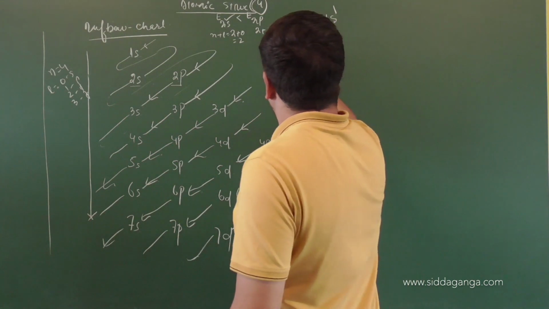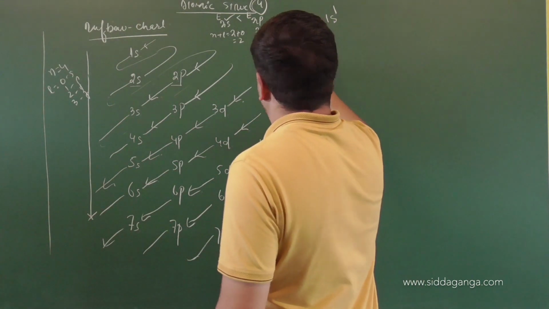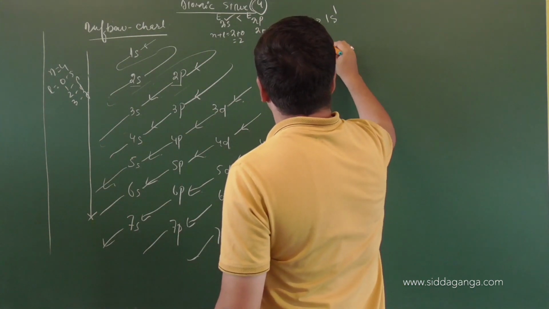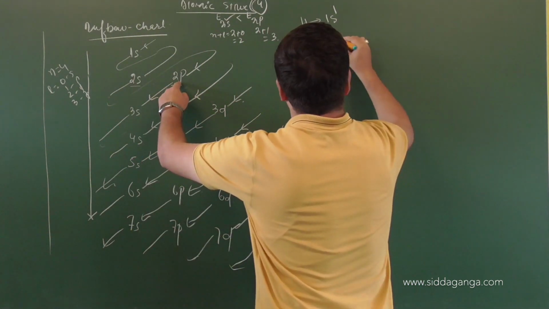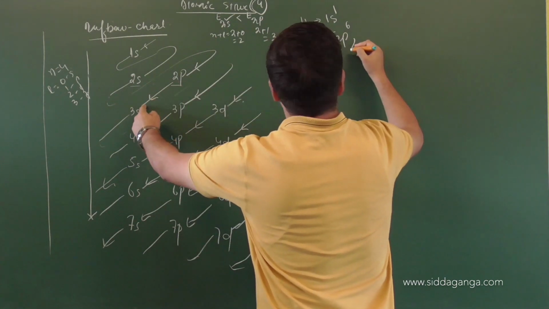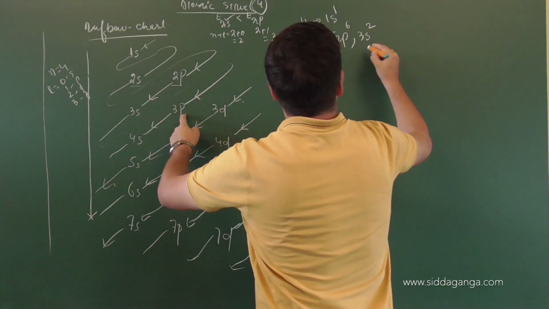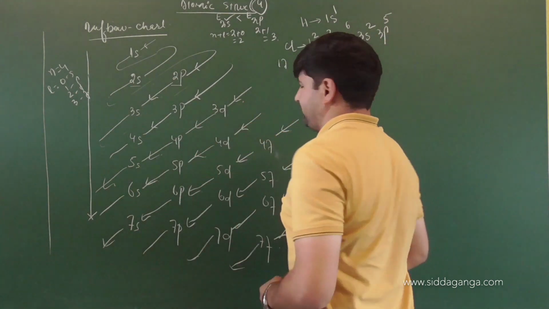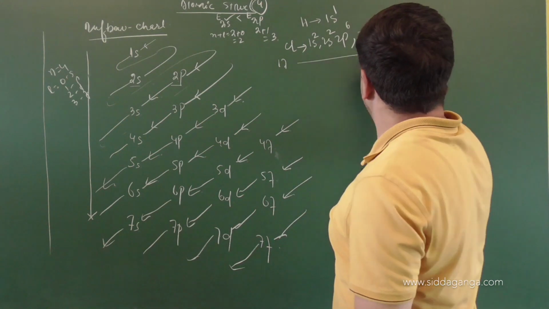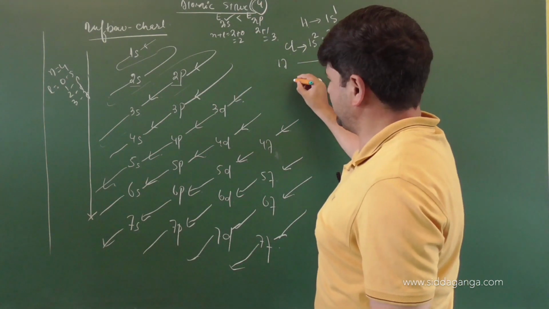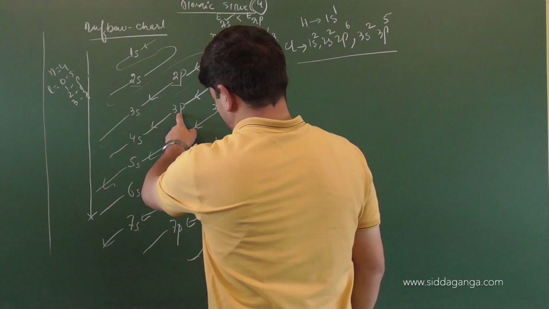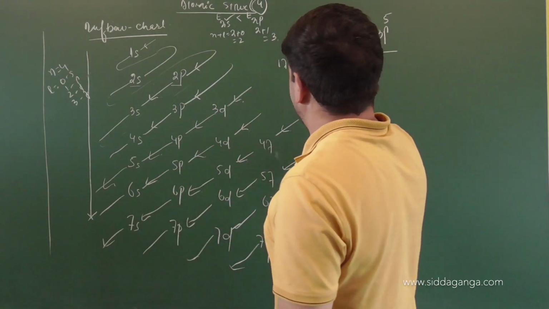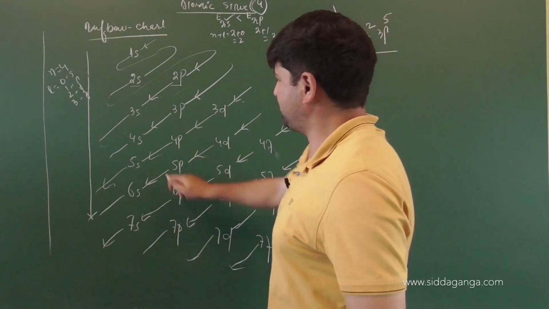Suppose we have chlorine. What's the atomic number? 17. So write down the electronic configuration according to this. It will be 1s2, 2s2, then 2p6, then 3s2, then 3p should have 6 electrons, but for 17, it will be 3p5. So you are writing the electronic configuration of chlorine, hydrogen. Even you can write for 3p, if it is 3p6, it will be argon. Clear?